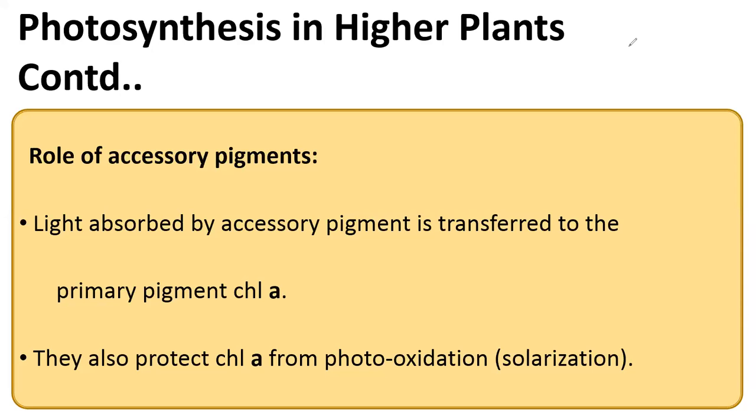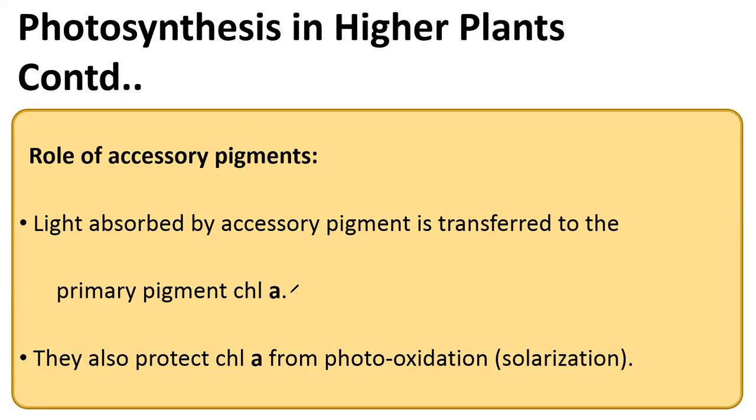Coming to accessory pigments, those are the ones which assist the core pigment in doing photosynthesis. Accordingly, chlorophyll B, carotenoids, and xanthophylls will all come under the accessory pigments. So what are they going to do? The first role of accessory pigments is that the light absorbed by these pigments is transferred to the primary pigment,